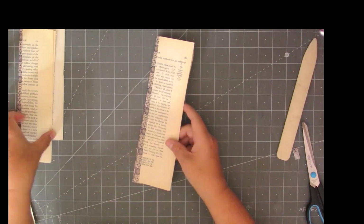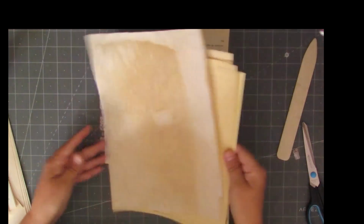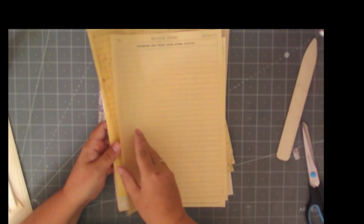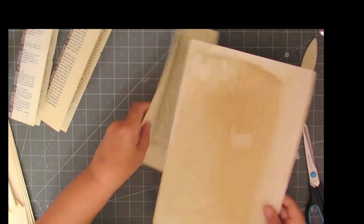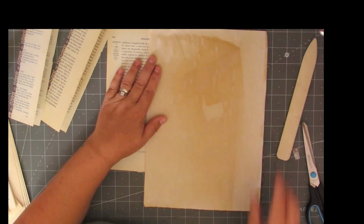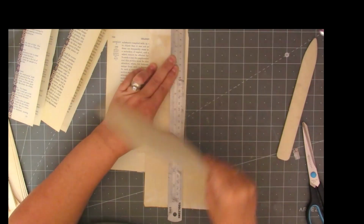Now what we're going to do with those three layered pages is put something on the inside so they can be journals. I've got some bits and pieces here. These are kits from, I think it was Eva at Bohemian Crafting. So I'm going to start off by putting some book page in this tall one. I'm just going to get my straight edge ruler and rip a piece of this,